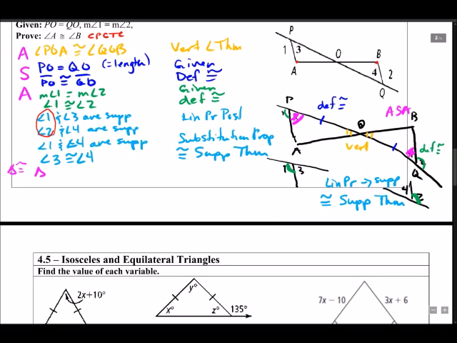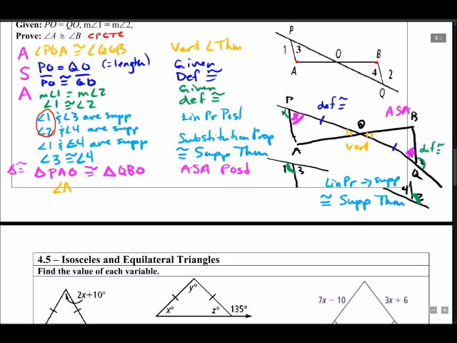Triangle PAO is congruent to triangle QBO by angle side angle postulate, which lets me then say that